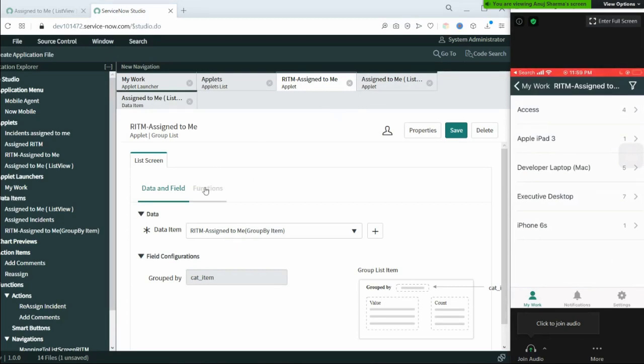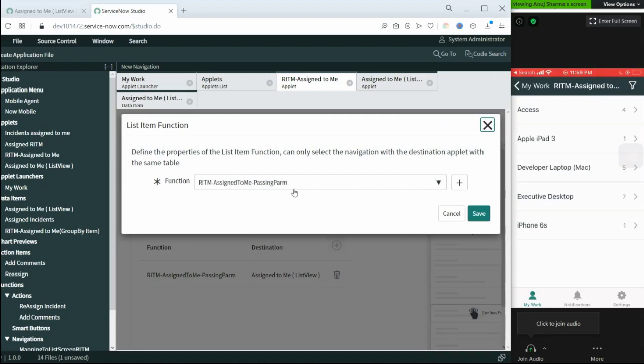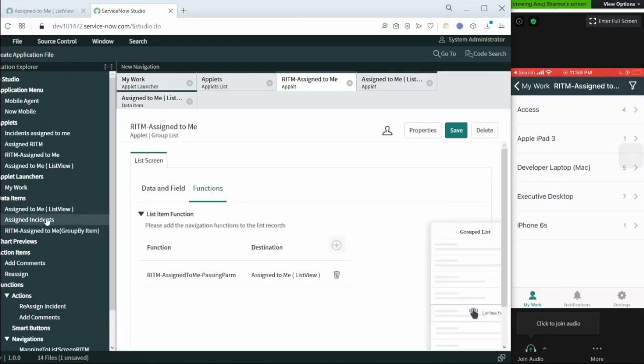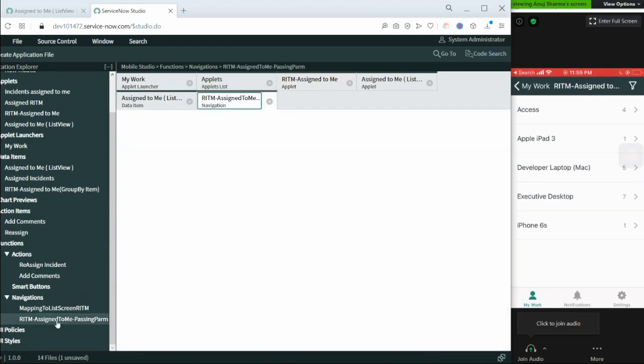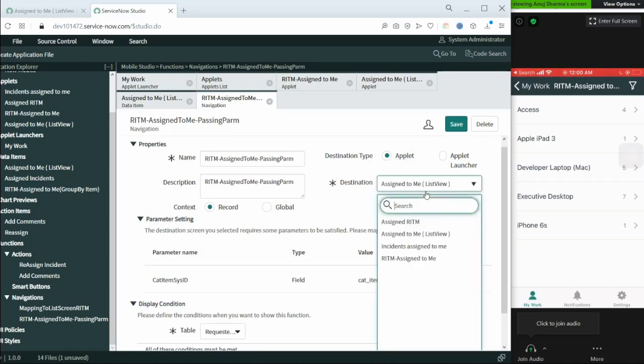After that, within the function, I have created this RATM assigned to me. Save. This is the navigation. Let's open this navigation to see if it is good. Destination would be assigned to me list view.